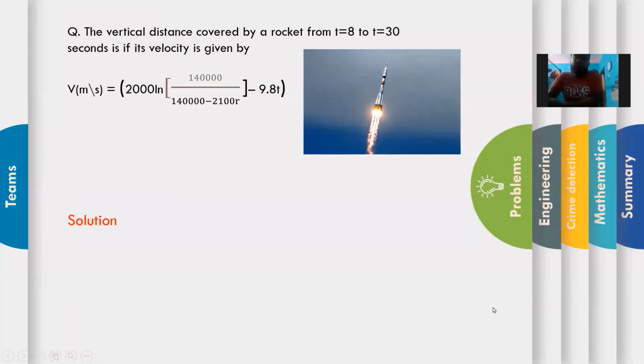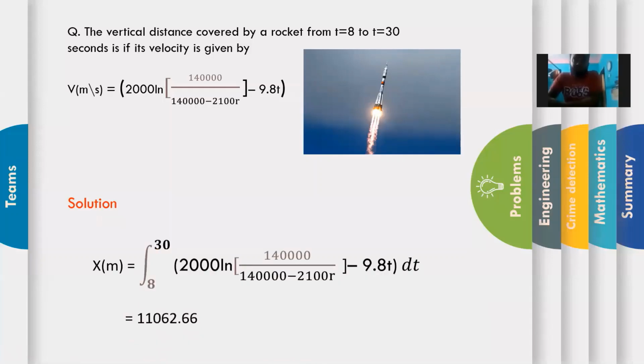So solving the maths, we can take the integration with respect to time t with limits 8 to 30, and we will get the result. But if we solve the math in the conventional way, it is very tough to solve. So it can be solved in a much simpler way by numerical methods, and these are Romberg's method, Simpson's method, or the trapezoidal method. So we can solve it with that.